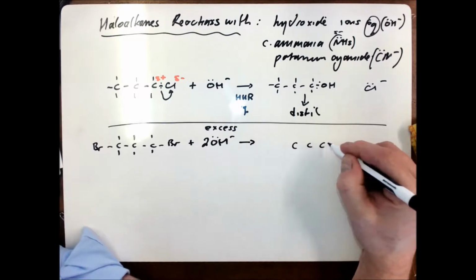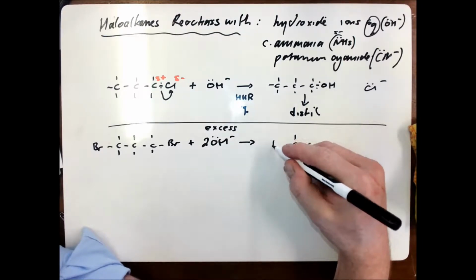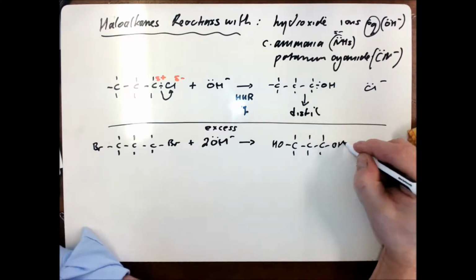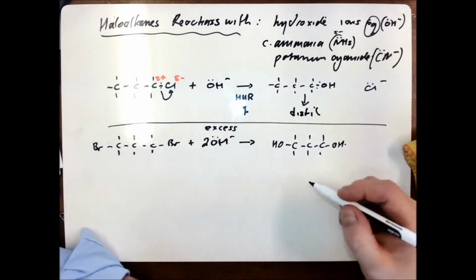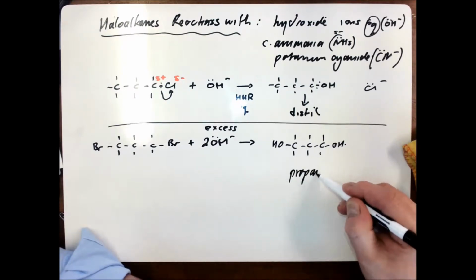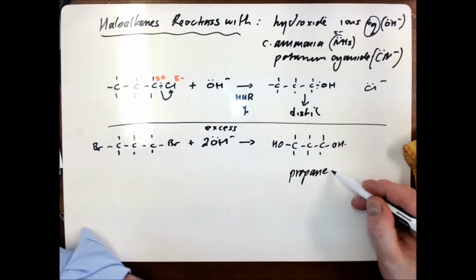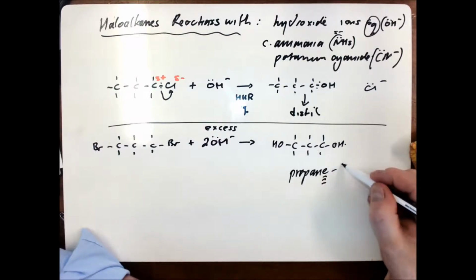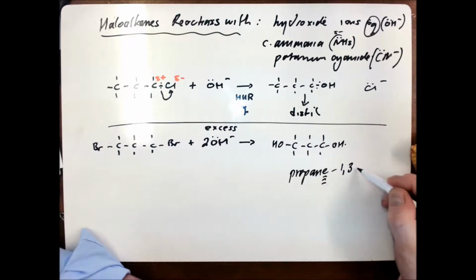And once again, all you do is you replace the bromines in this instance with OHs, and you would of course end up with propane. And don't forget the E when you've got two OH groups, and it's number 1 and number 3 hyphen